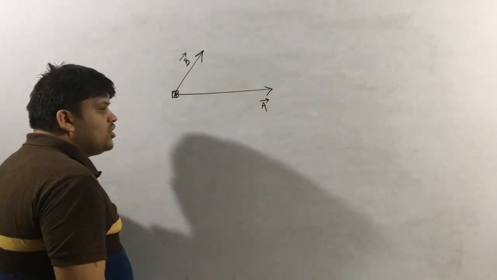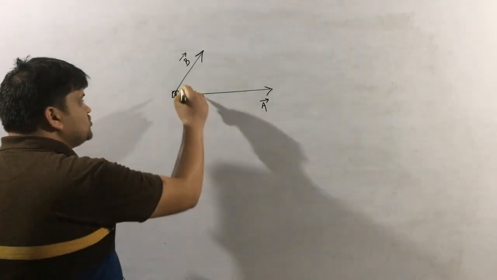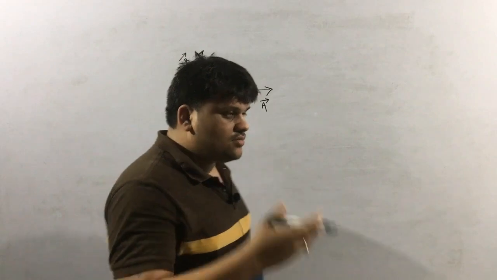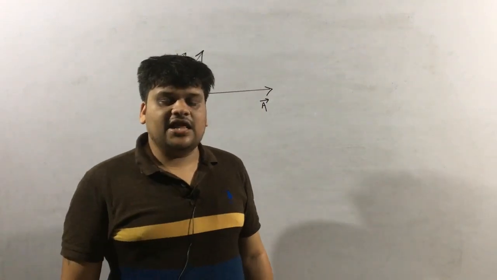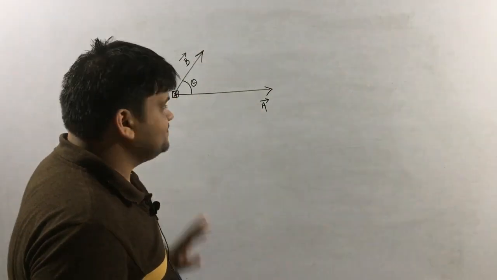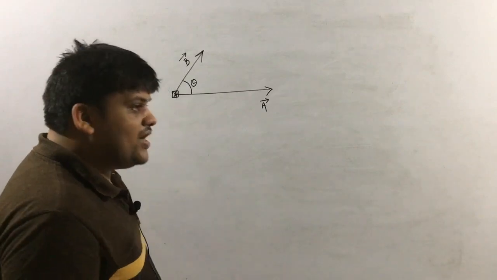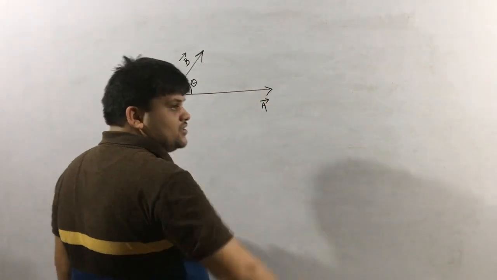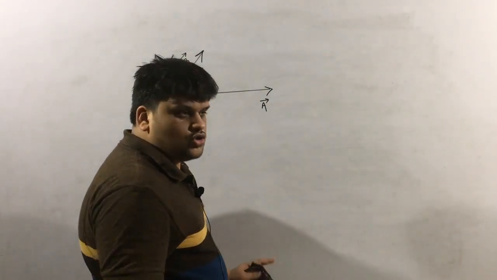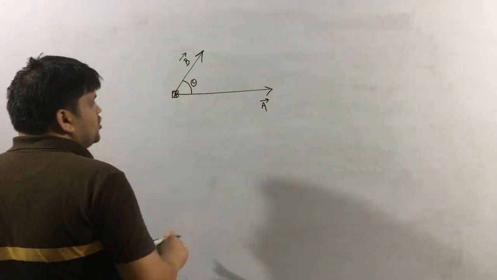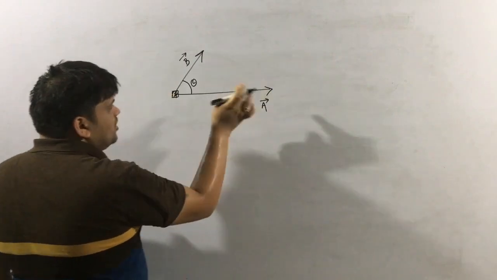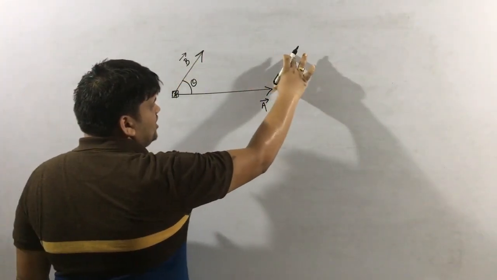And also if it is not given in the diagram, then they must give you this angle theta. Two forces of 10 Newton and 5 Newton act at an angle of 30 degrees, find the resultant. Means the angle must be given. So let that angle be theta. Okay. Now the first thing you have to do is use the triangle law and draw the vectors. For now, at the end you don't have to draw, I am just doing it to derive. So first draw, and to draw that, as we know, I have to draw the B vector here at the end of the A vector. So take this B vector and draw it here.